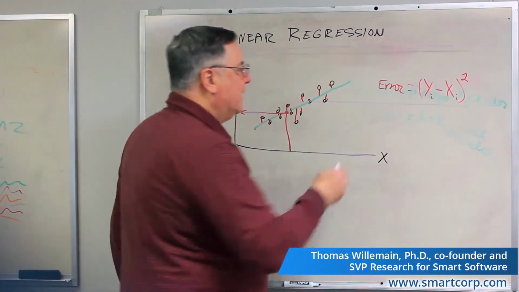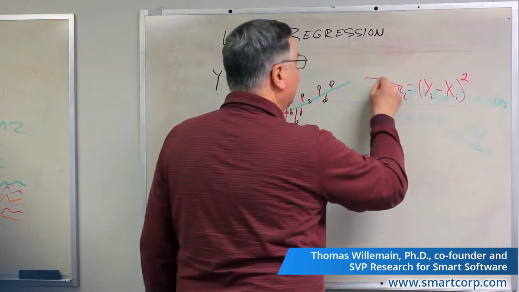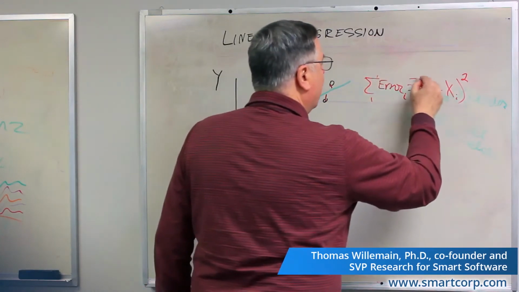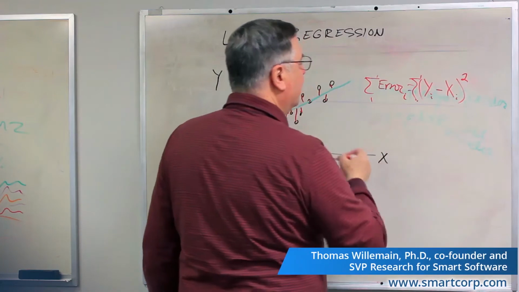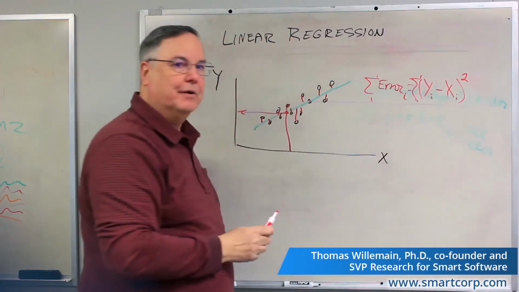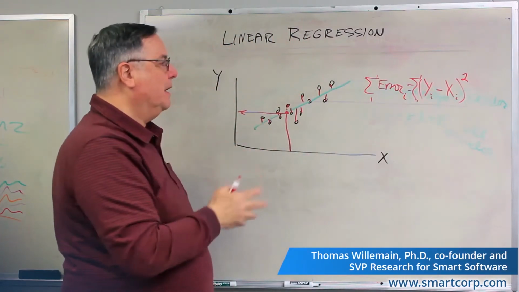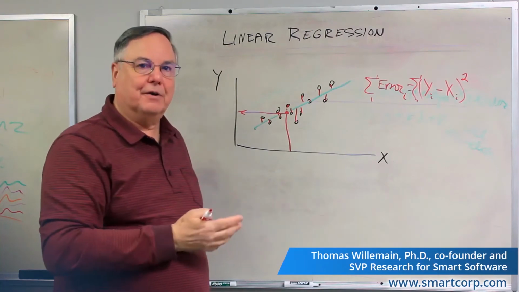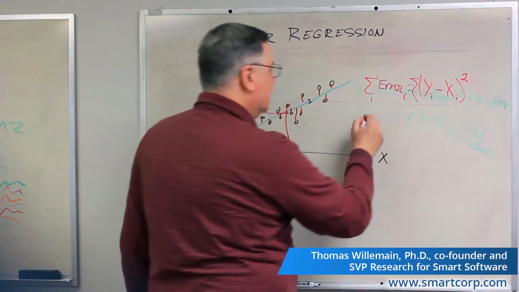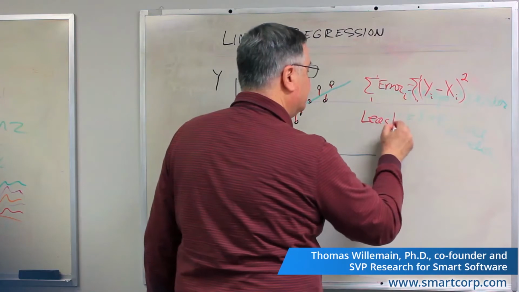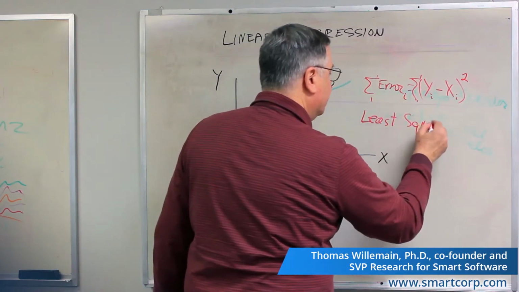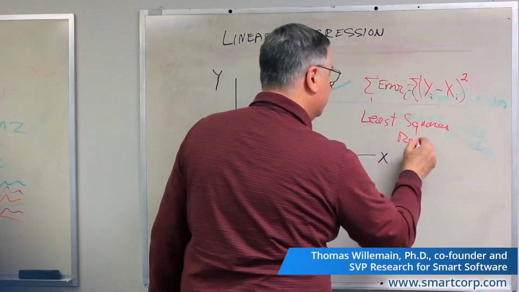And then we will just add up all these errors over all the points, and that becomes our criterion. We want to minimize the sum of squared errors, and that is naturally called least squares regression analysis,